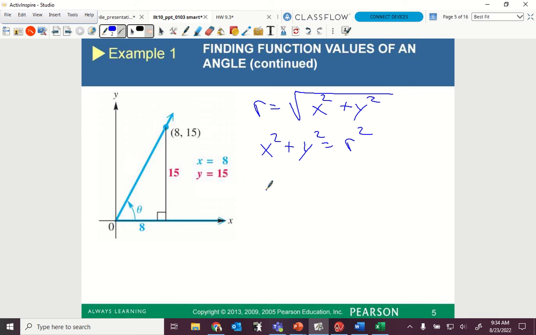So now it's going to look like this. But when I do this, what can I not forget about? There's something special I can't forget. So whenever you square root,